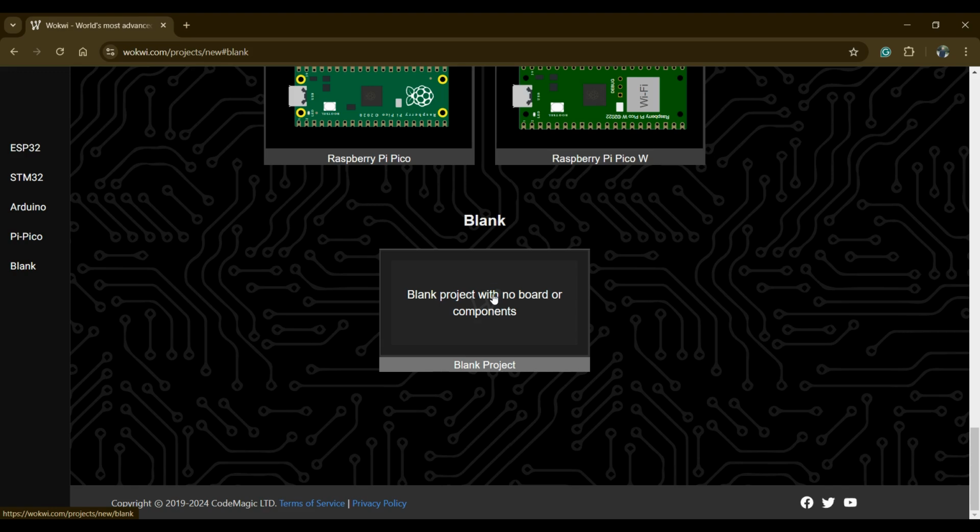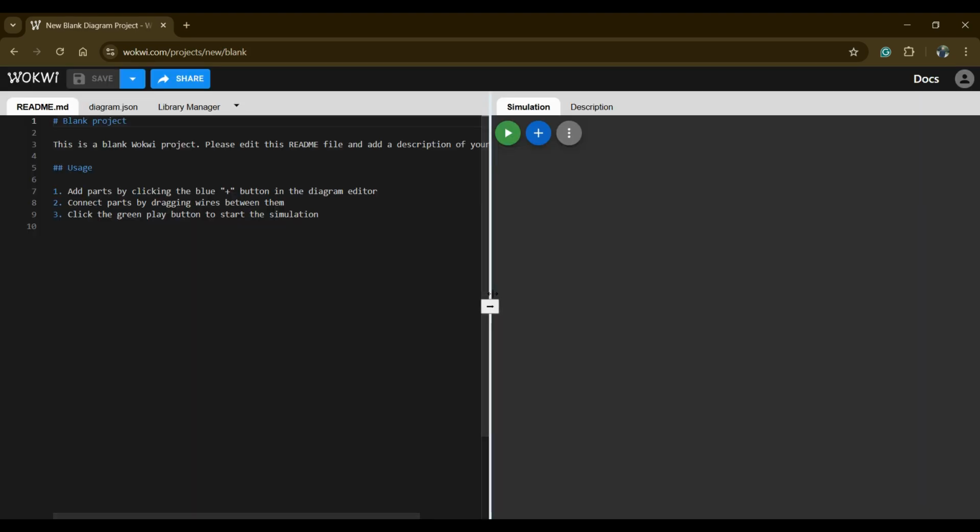If I click on this, you can see that this will lead to a page where on the right side is where you can make your circuit diagram. On the left side you can write any documentation related items. So if you want to save the project, let's say if I write over here